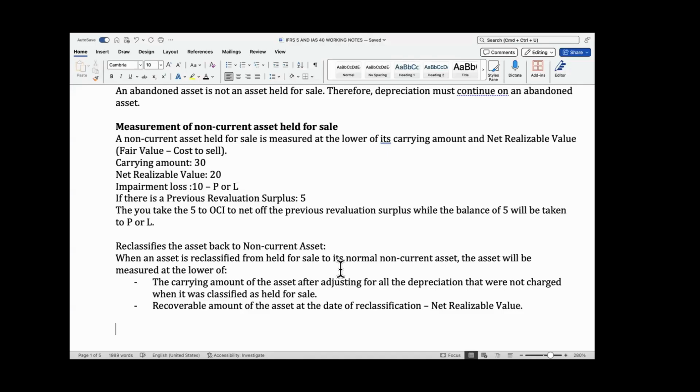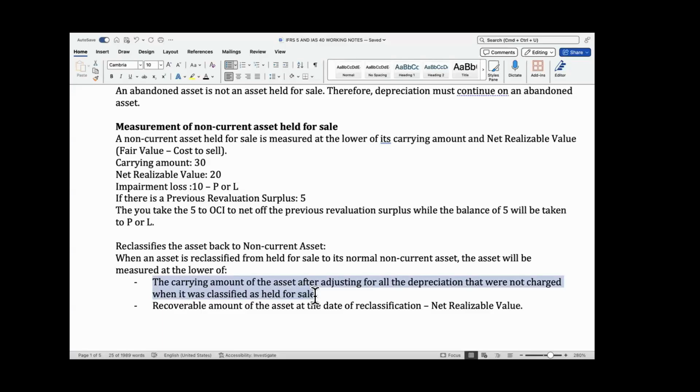Because you were charging depreciation before you reclassified, then you had to stop when you reclassified it as held for sale. So you know how much you were charging per annum before. Let's say you stopped for 2 years and you were charging 10 naira as depreciation. So that means to get this figure here,